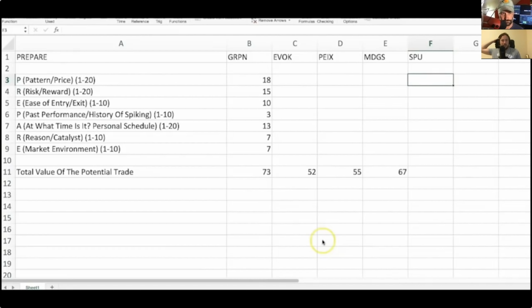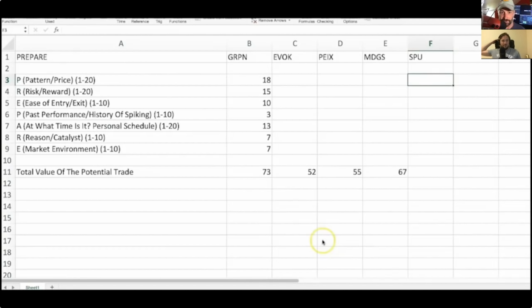In terms of ease of entry and exit, I mean, it's a low float. It's trading high volume, you can easily get in and out. It's not that volatile because it's settled since the morning, so it's not like you're going to lose 10 cents slippage because it's so volatile. I give it a 10. It's the first 10 I've ever given. This is the stock we like because it's plenty liquid. Obviously, if you're trading 1 million shares of this thing, but if you're like most smaller day traders, a couple thousand shares, you can easily get in and out of this thing. It's no big deal. So ease of exit, I give a 10.